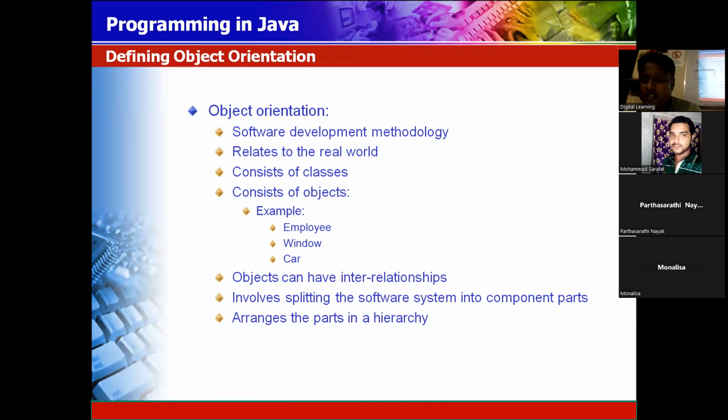It consists of class and object. Objects can have interrelationship to each other.